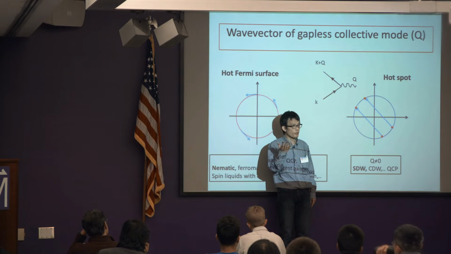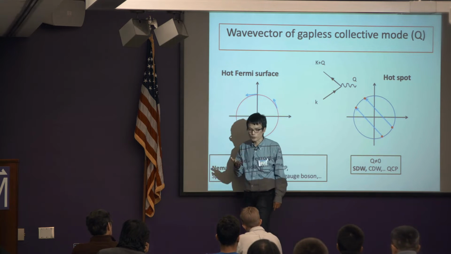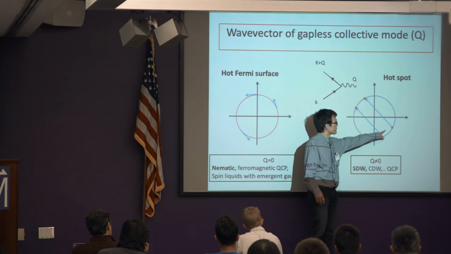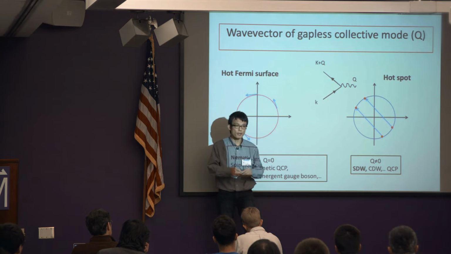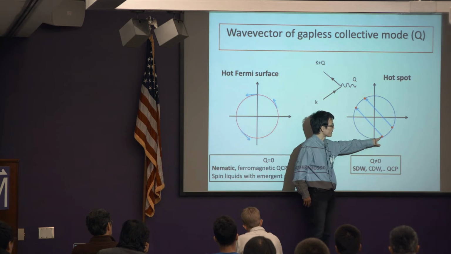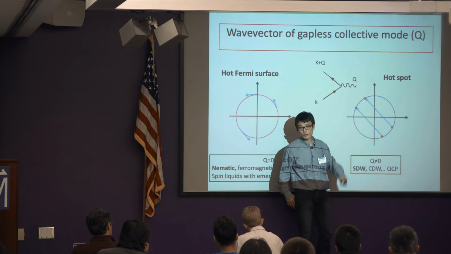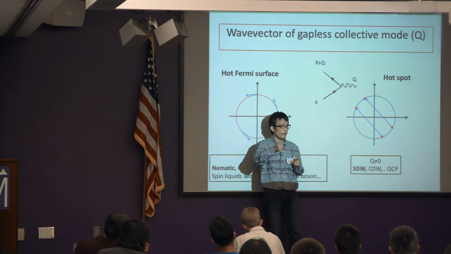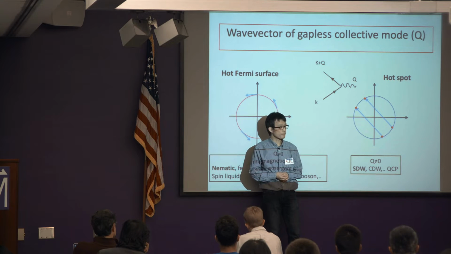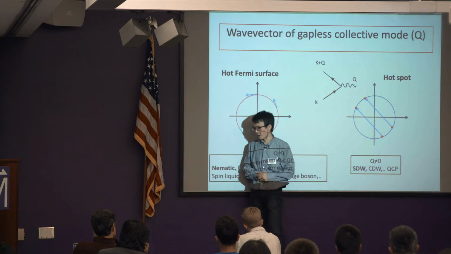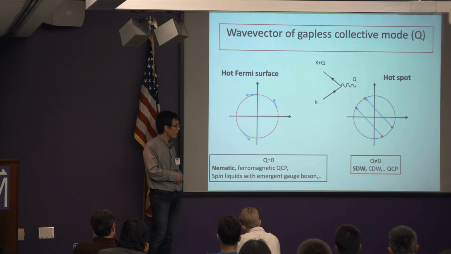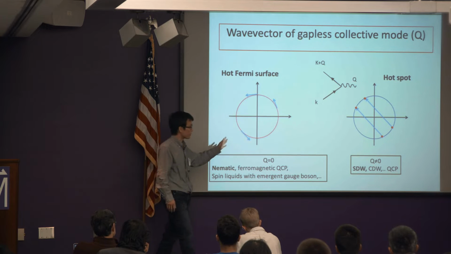So therefore, those fermions at generic points do not strongly couple with those collective modes at low energy. And there are only a discrete set of so-called hotspots connected by the Q vector. And there, this electron can scatter from the Fermi surface to another point on the Fermi surface, stay at low energy, while emitting or absorbing this gapless collective mode. So in that case, we expect that the coupling between those electrons near the hotspot remains strong at low energy. Okay? So these are two different types of